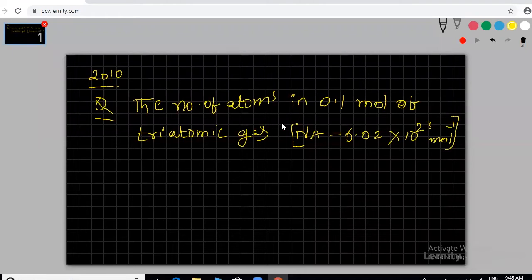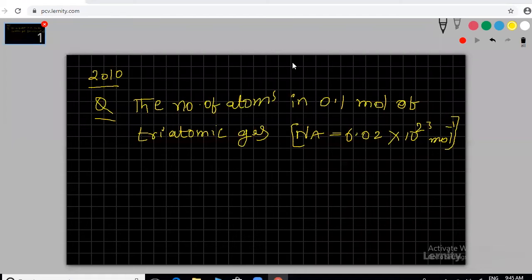You can find out the related formula, then find the answer. I think I already gave all the formulas previously. Please revise and try to solve this question. Good morning, good morning. Please try to do that one. Here JEE and NEET are the same. Only the level of the problem is different.